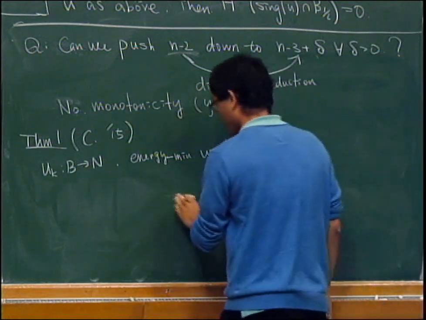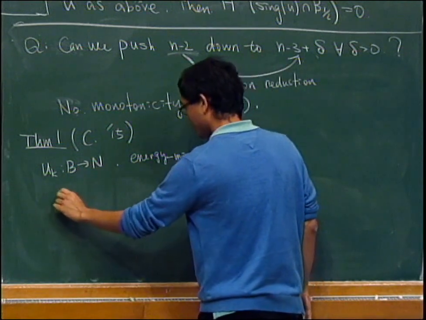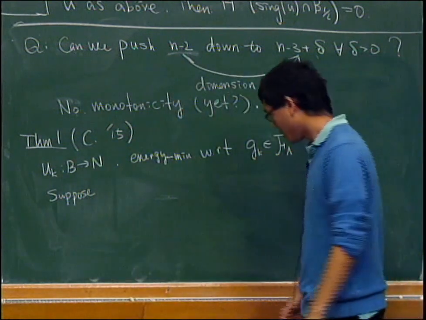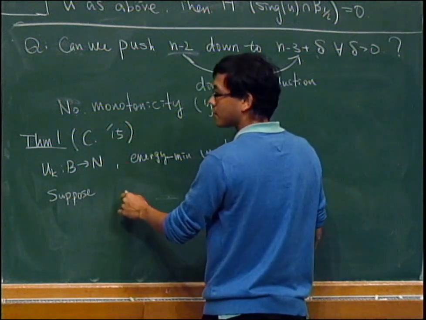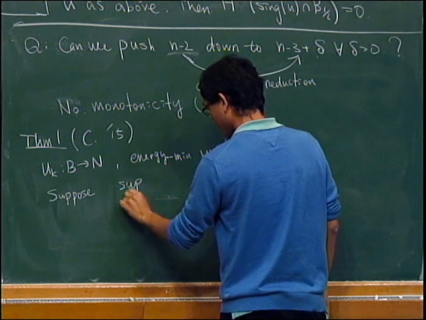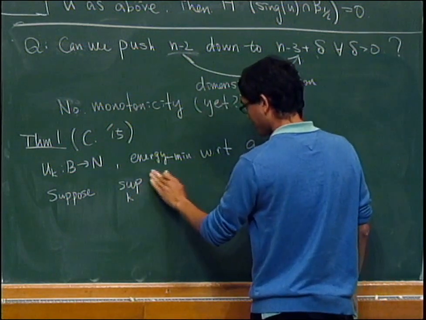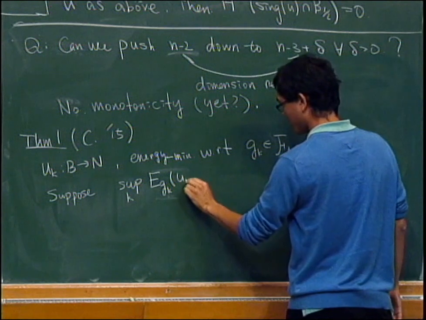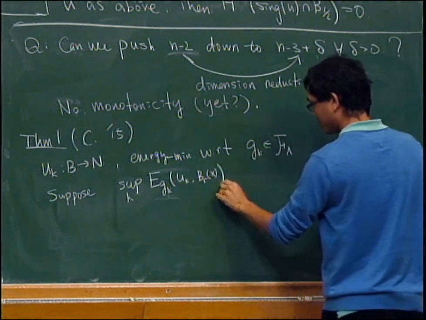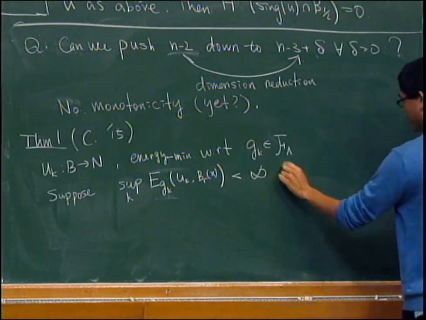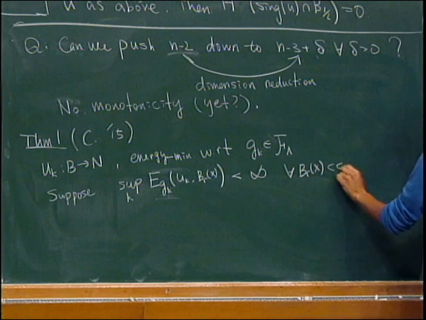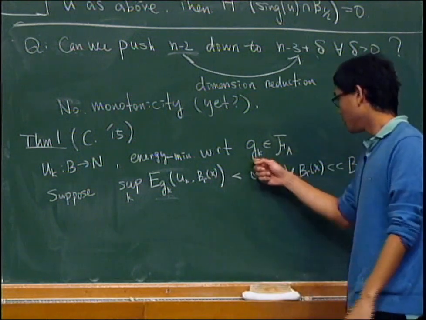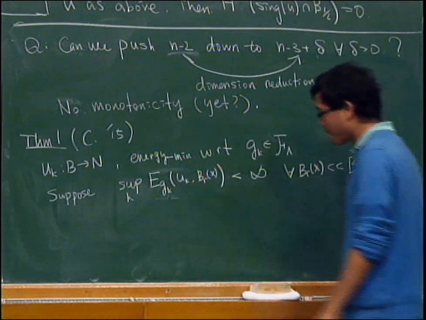And then to get a compactness result, we need to impose some bounds. So let's assume that the energy of this sequence is uniformly bounded on each compact subset of the unit ball. So the supremum over k of the energy with respect to g_k of u_k on the ball B_r(x) is finite, and this is for all B_r(x) strictly contained in the unit ball. Okay, suppose you have a sequence of energy minimizing maps with local uniform energy bounds. Then